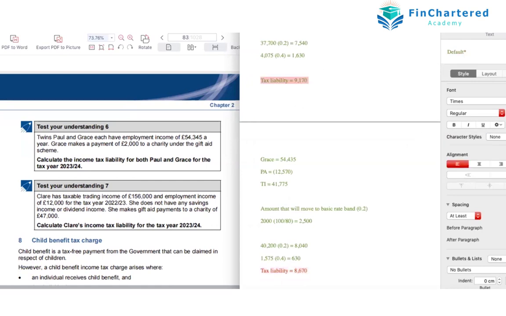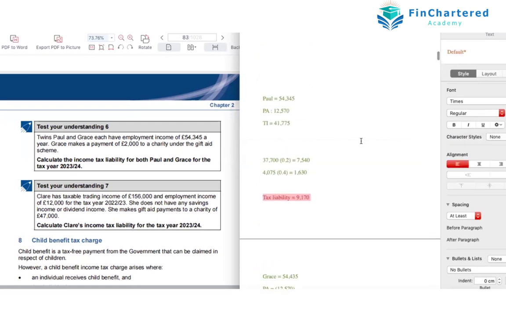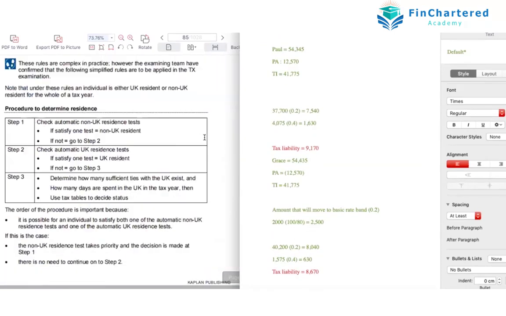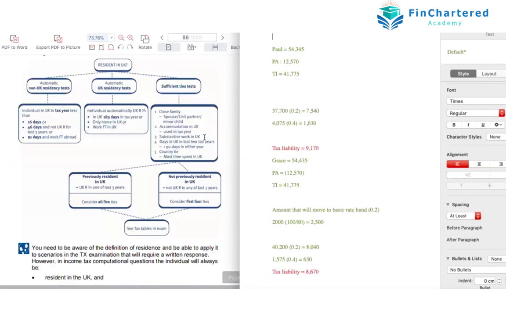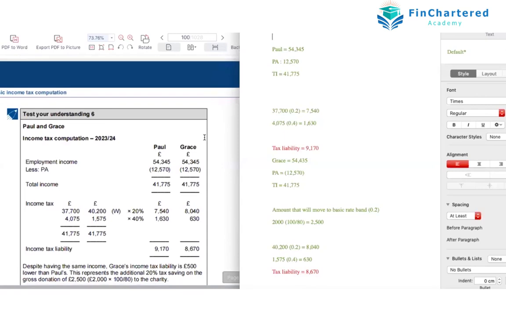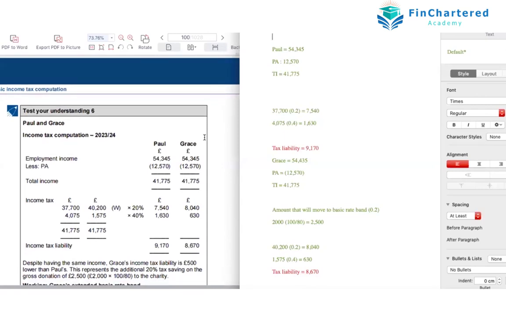So Paul's tax liability is 9,170. Grace's tax liability is 8,670. This is test your understanding 6. 9,170 and 8,670. So again, even though they have the same income, just because Grace is giving to charity, Grace has a lower